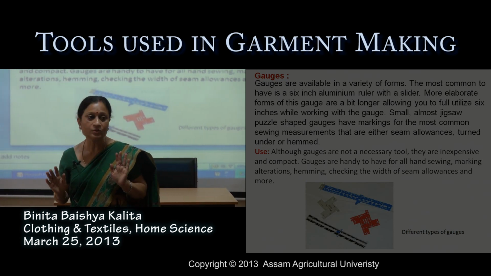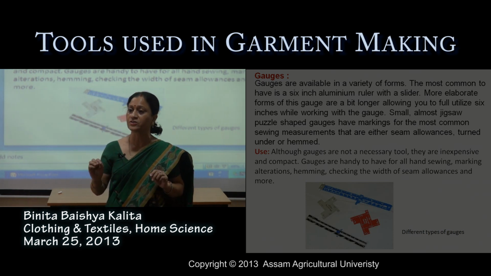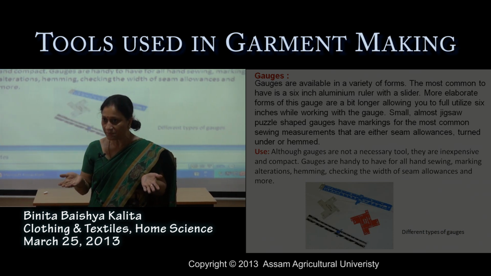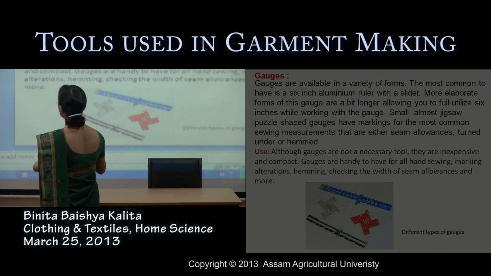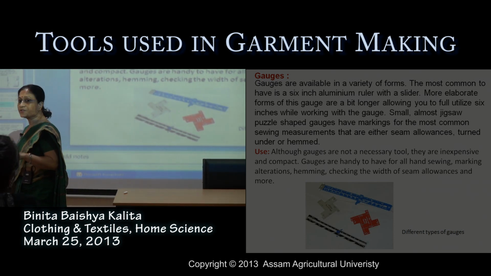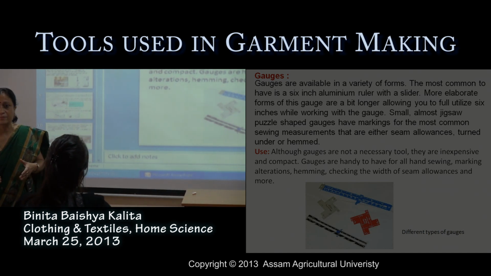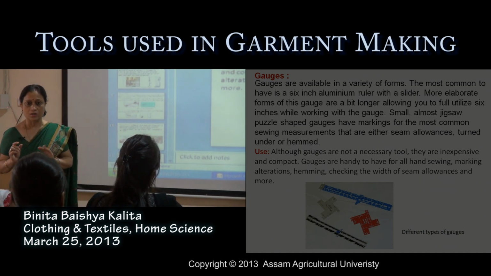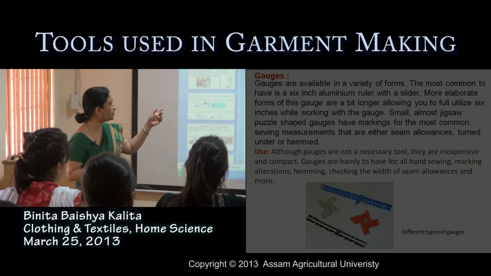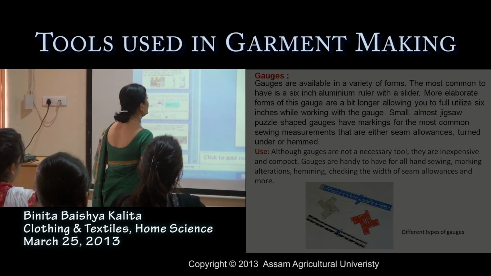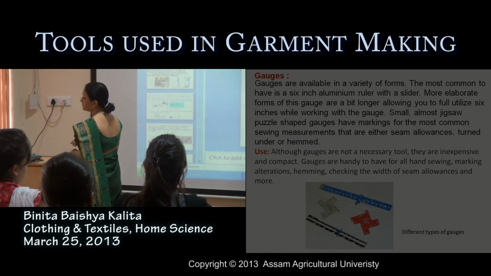In that case, what do you have to do? You have to do the alteration according to your body measurement. In that case, you have to use these gauges to take the measurement of small areas of the garment or paper pattern. For the alteration you can use this gauge. Okay. The next one is